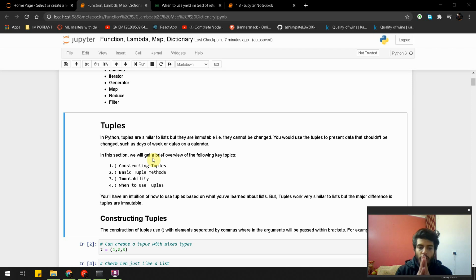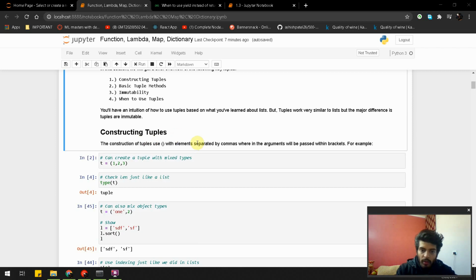You will have an intuition of how to use tuples based on what you have learned about lists, since tuples work very similarly to lists, but the major difference is tuples are immutable, which means you cannot change the values in the tuples. Constructing a tuple is basically the same as a list, but we use round braces rather than square braces.